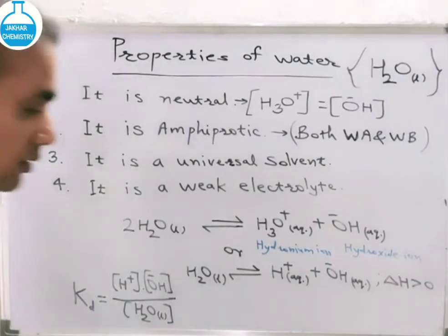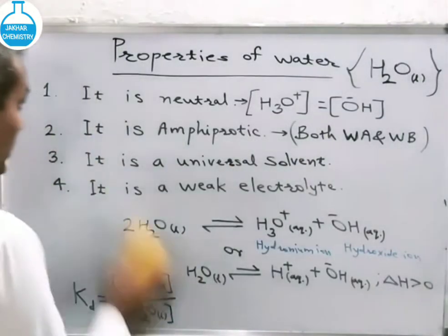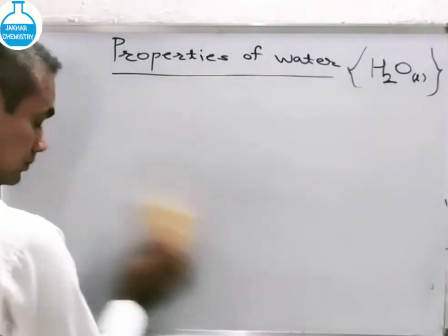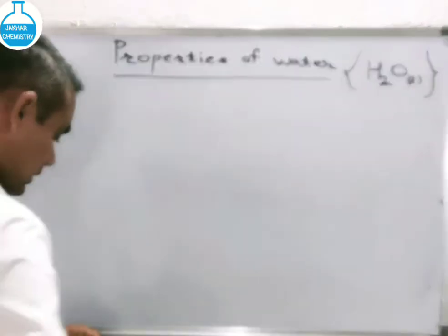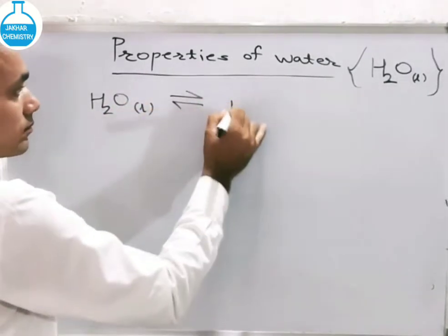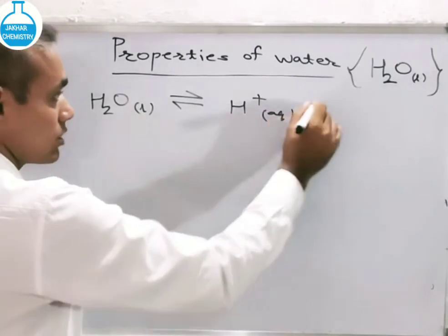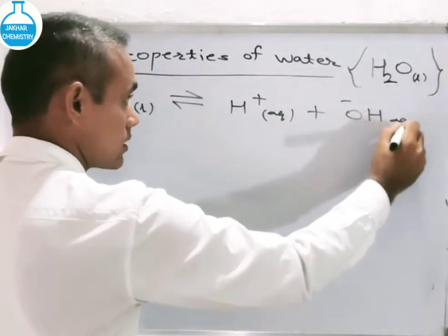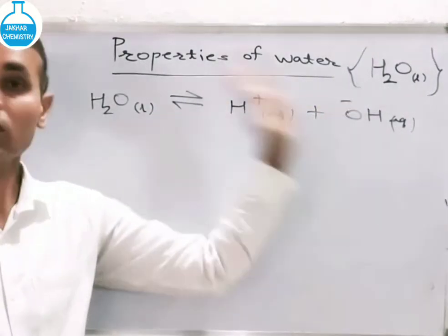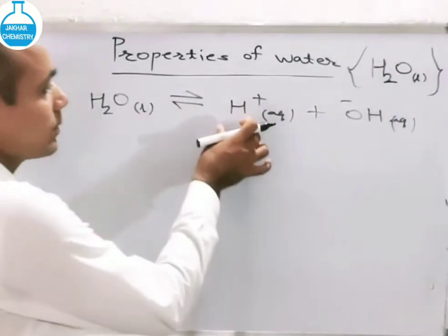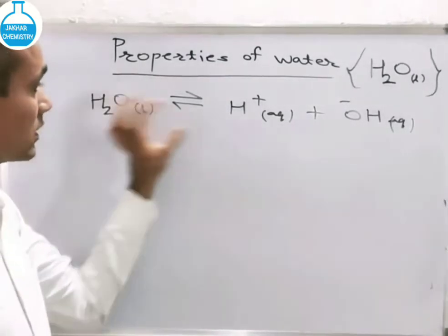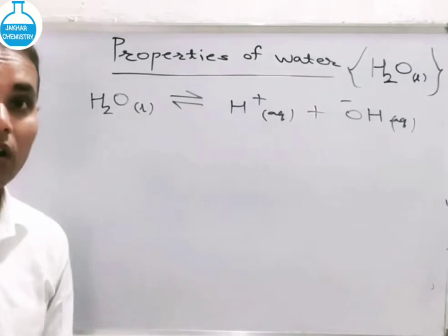So this is Kd. Now some more properties of water and pH value. By this reaction, where water is self-dissociated, if we see the stoichiometry of this reaction, we can conclude that when water dissociates, the number of moles of H plus and OH minus formed are equal. If x moles of H plus is produced by water, then x moles of hydroxide ion is also produced. So we can say H plus and OH minus ions are always equal in pure water.